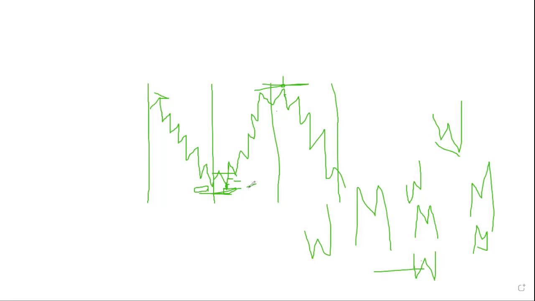Very, very high. Okay, so like this place now, I told you that once it breaks this place, if you're unable to enter at this point or at this point, then what we're expecting is that if it breaks this level, then you're expecting the market to come back, push down, retest this level, then you enter and your stop loss will be around this place and your take profit will be at around this place. So that being said, I hope you understand this concept. So this is just in the drawing phase. So let us dive into the chart and look for an example of this type of intraday